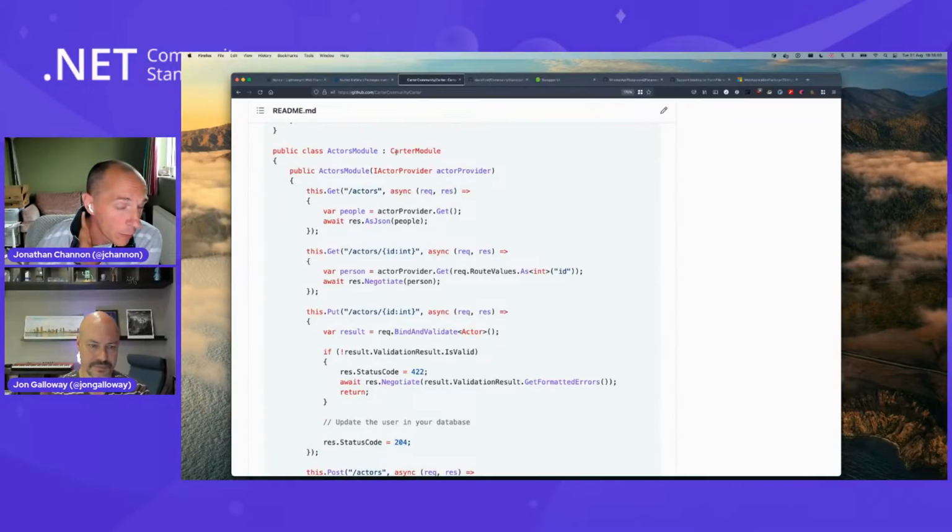It will no longer have this kind of dependency injection via class constructors, because these classes are now only invoked as the web host starts up and adds the routes to the host, because this is all now doing minimal hosting APIs. It's not using Carter's kind of smoke and mirrors. So it's all that. And so what this means is, for example, this actor provider would end up coming in to this delegate here,